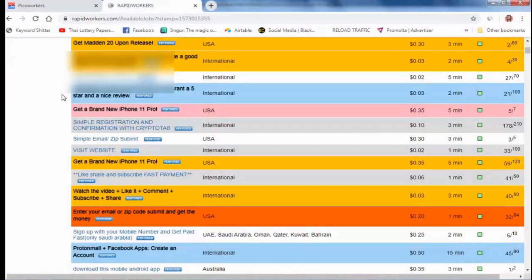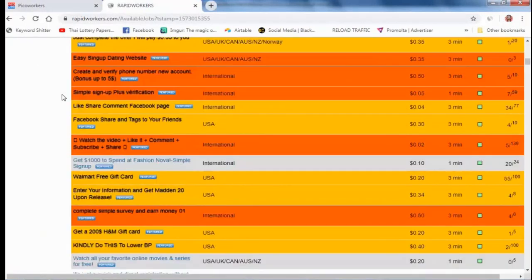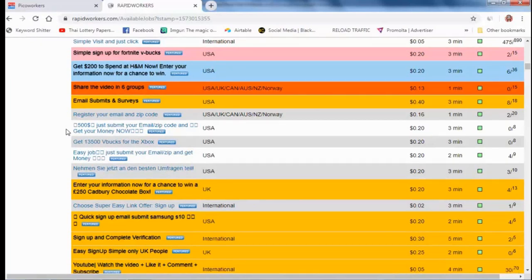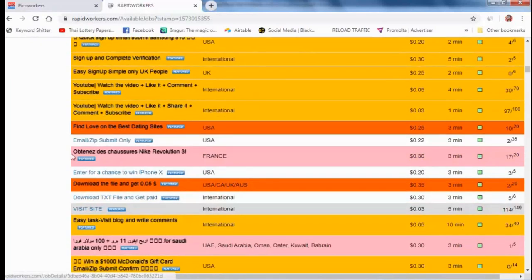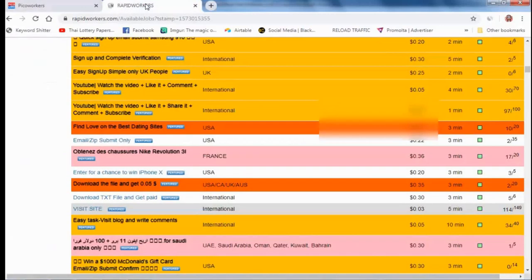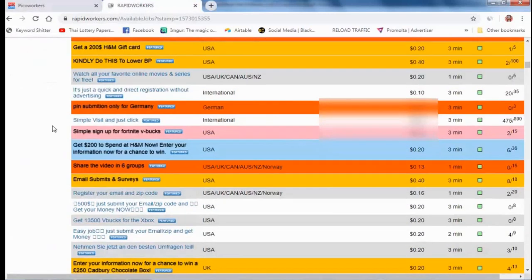Here also I have run many campaigns, and thousands of people are working part time for 2 cents to 30 cents. Those people are like poor people. They are working for small tasks, and they are real people from real IP addresses. You can get many clicks from Pico Worker and Rapid Worker. This is the best website.